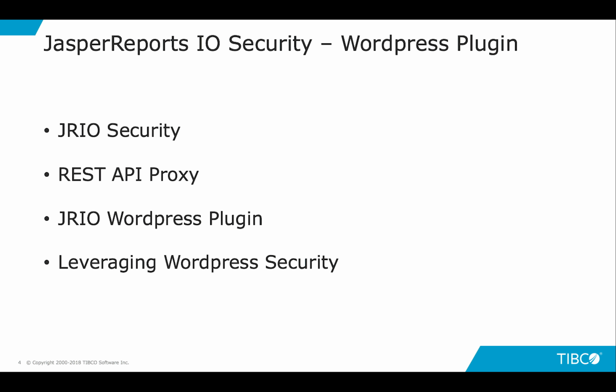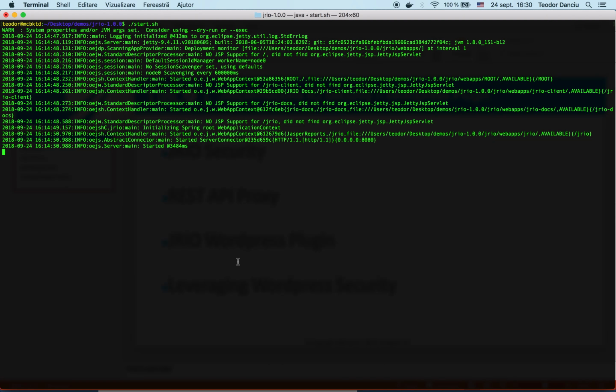And we'll see how this WordPress plugin leverages WordPress security in order to deliver output in a secure way. I have JasperReports IO Professional Edition version 1.0 deployed on my machine, and it started already, it's